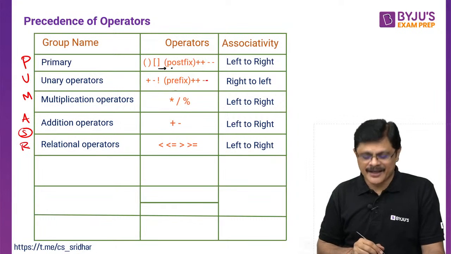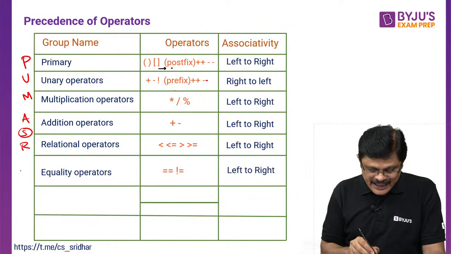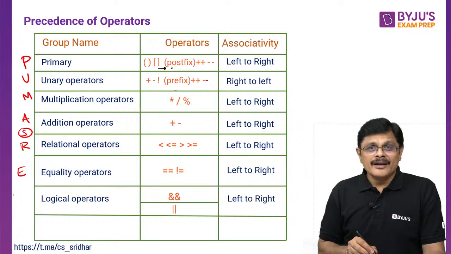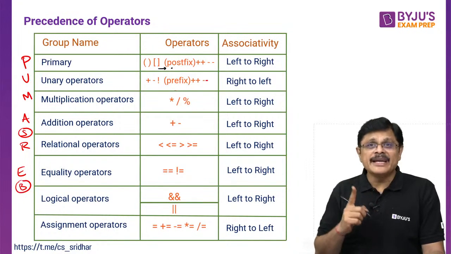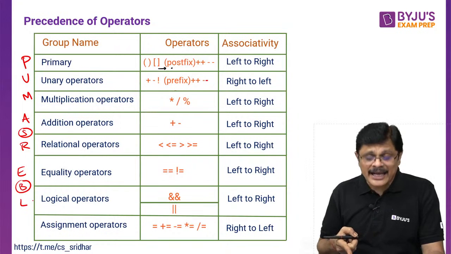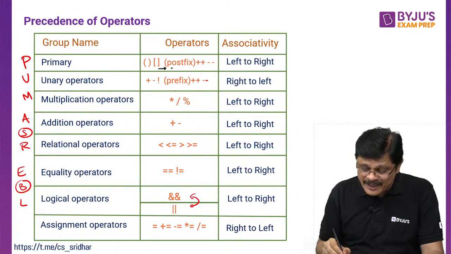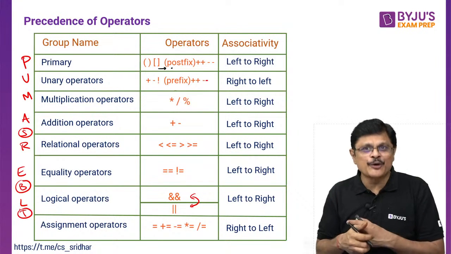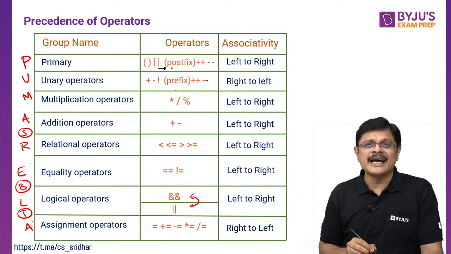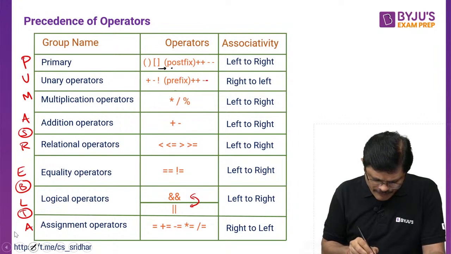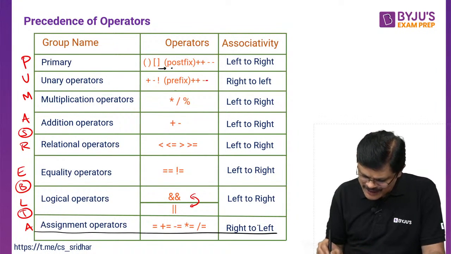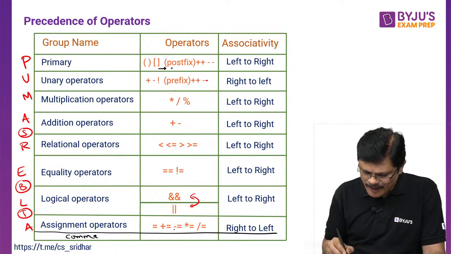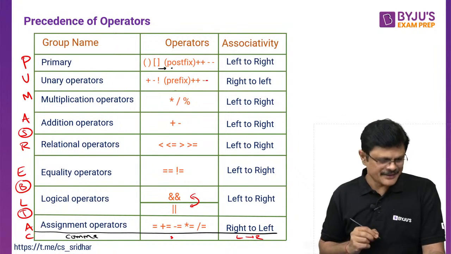Then R, relational operators. E, equality. There is one more which is missing, B. We'll discuss that. Then logical. Logical again, we have these two in separate stages, my dear friend. Please note that point. And there is one more fellow which is missing, ternary. We do it immediately. A, assignment, and comma. Comma I forgot every time, sir. Sorry for that. Comma comes last. Comma operator is the last fellow, please remember, and it is left to right associative. Am I clear?